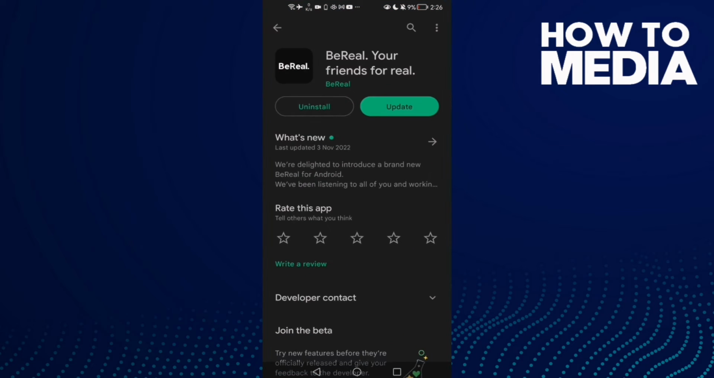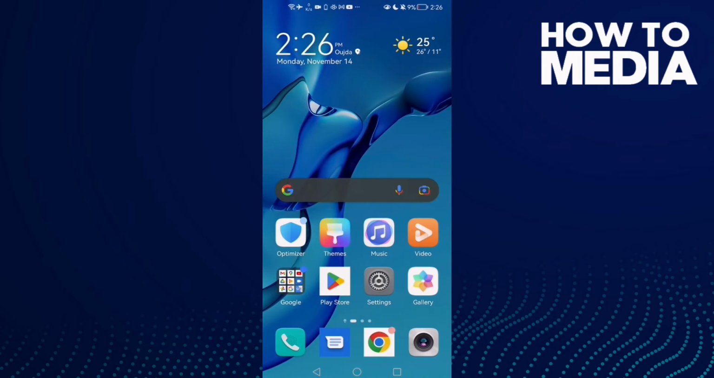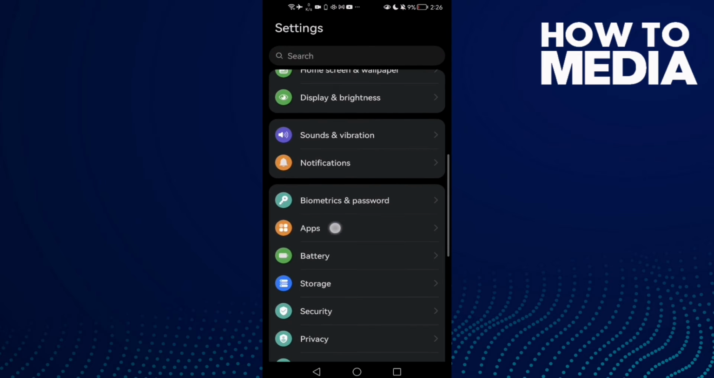So just open Play Store and update your BeReal. And if that can fix your problem, good. If that doesn't fix your problem, just open settings and then click apps